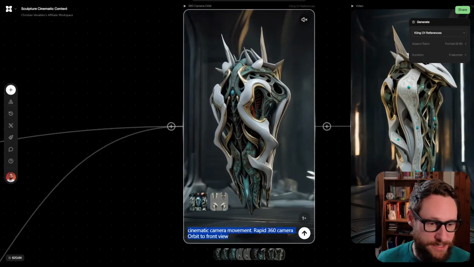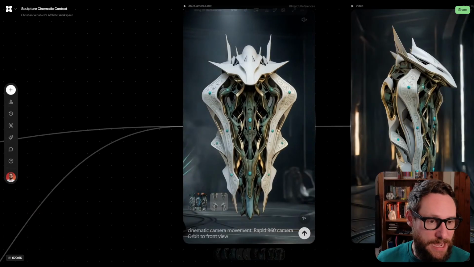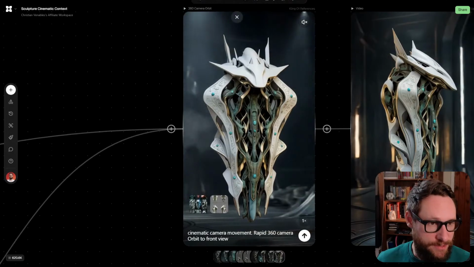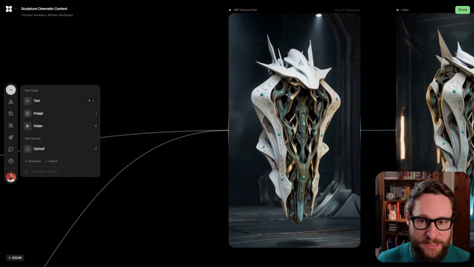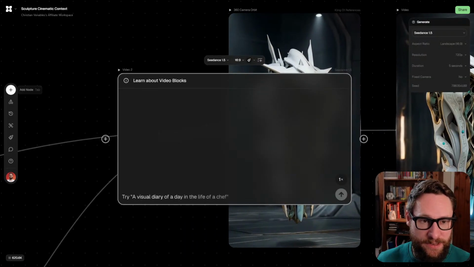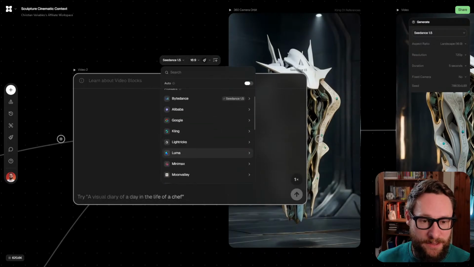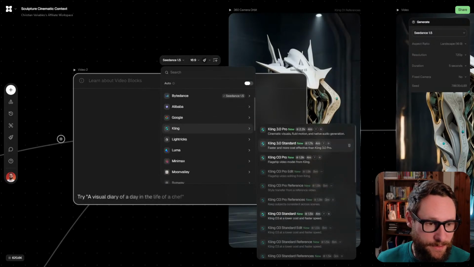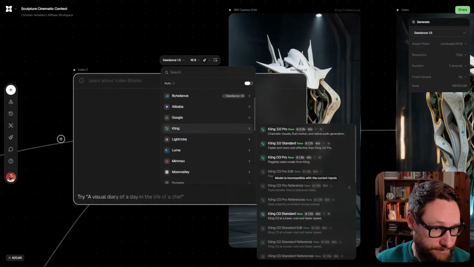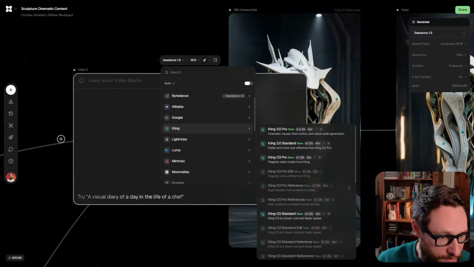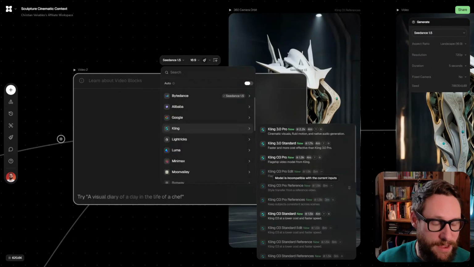And this was just, I wanted a 360 camera orbit. And Kling 01 references is specifically the one that you need. So you go to here, go to video, and then go to Kling. Okay, so 3.0 references. This is going to be what you use now,